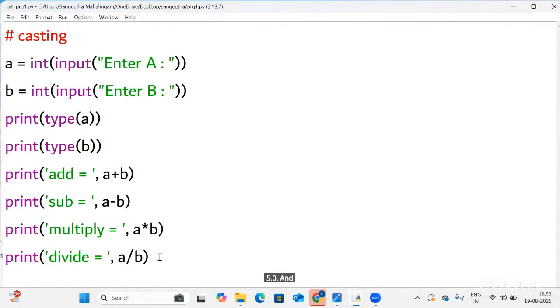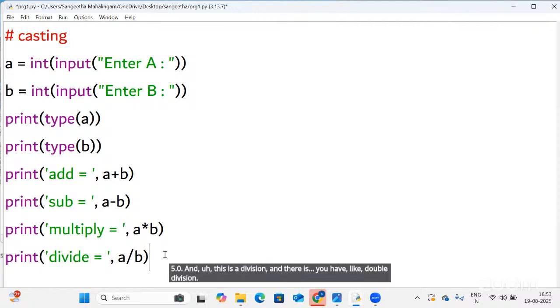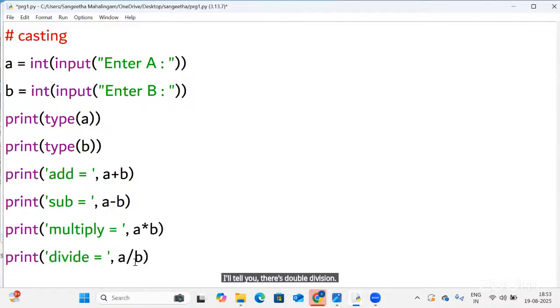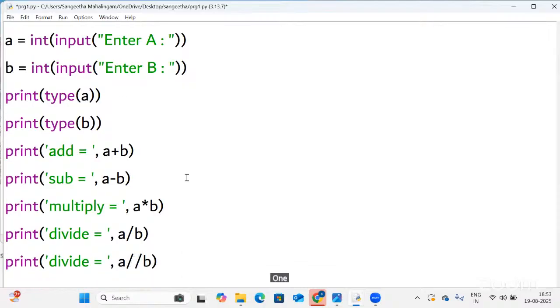And this is division, and you also have double division. I'll tell you, there is double division. For double division, you need to put one more slash here. And I'll run this.